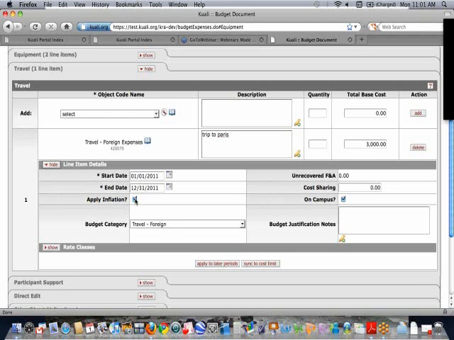But you might say, okay, I have travel in year 1, and I'm going to maybe have travel in year 2, but I don't want to apply inflation to it. So when I add this into year 2, it'll just calculate the same cost without applying inflation. One of the other things that these non-personnel items do, and it does it in personnel as well, you'll see the same basic structure for the line item details, is allow you to